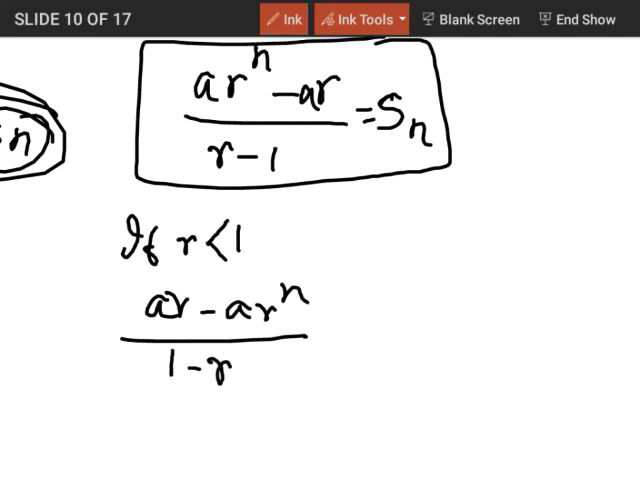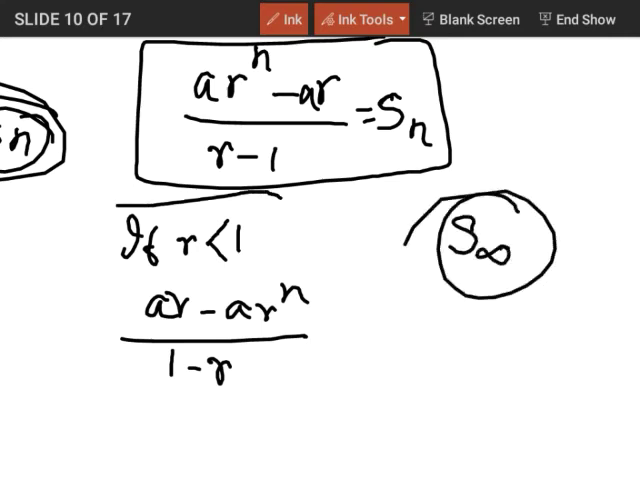Now, if r is... now the sum of an infinite GP. Now see this form. If I take